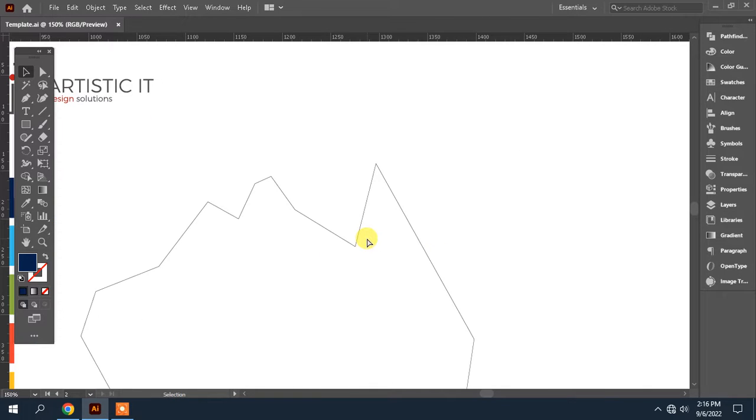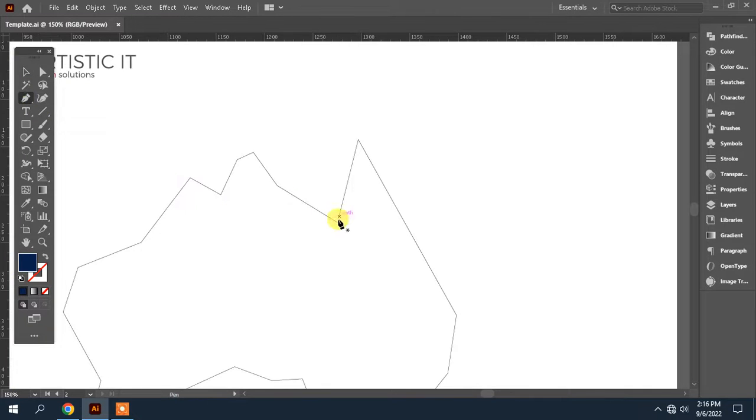I will make the Australian map shape with the pen tool.